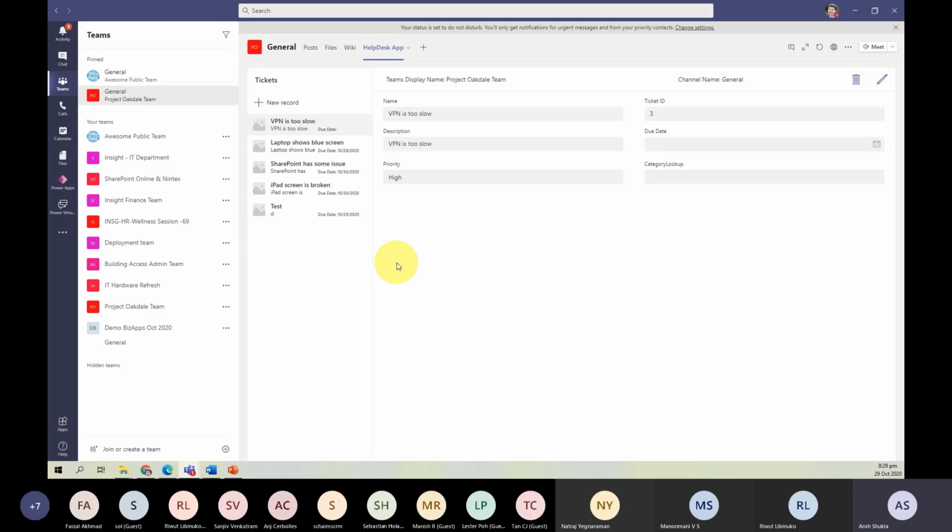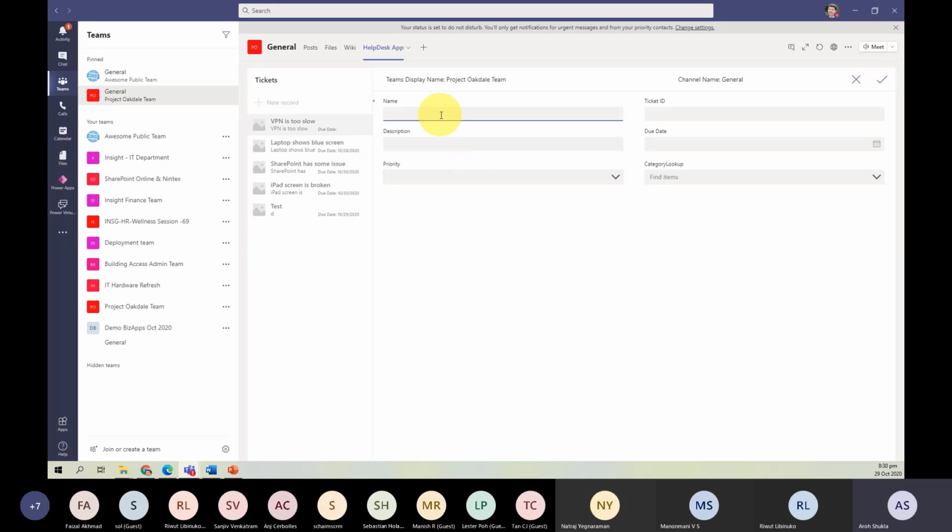If the IT manager has approved, it will go to status approved, and a message will be sent to the user that your ticket is approved and to do the processing. However, maybe after 2-3 days, there's no progress because the manager has gone on vacation. So I can use Power Virtual Agents to find the status of my ticket. How exciting is this? So let me create a new ticket.